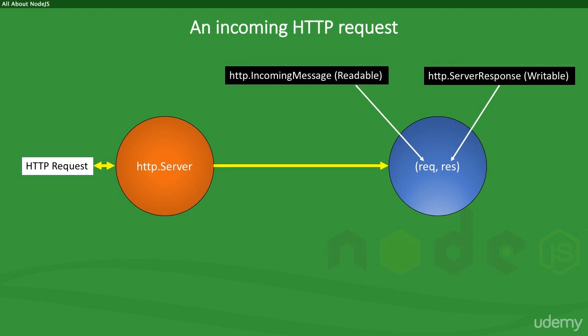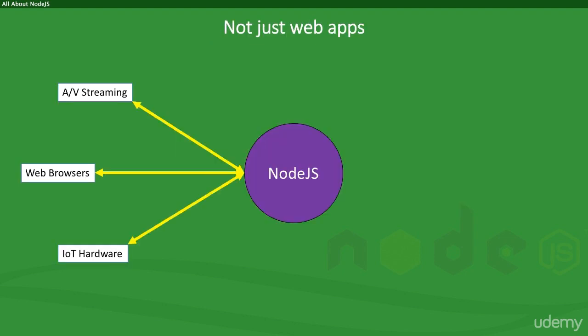And it's not just about HTTP. We can instantiate server instances for TCP and UDP protocols as well. So it's not just the browser which can send requests to a server written in Node. It could very well be a device such as gas sensors in coal mines which can connect to a Node server to send data in real time, or an audio-video streaming service that leverages direct UDP level communication.